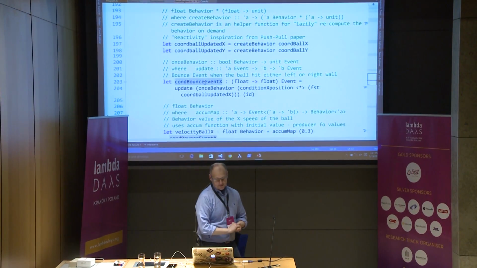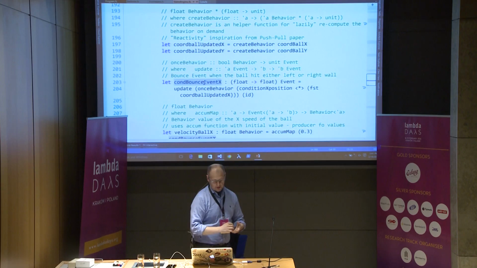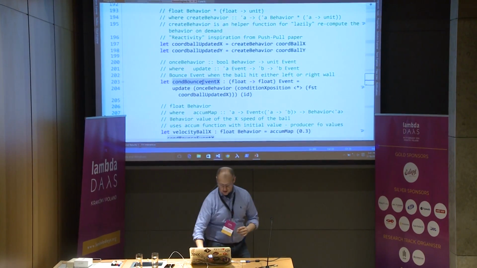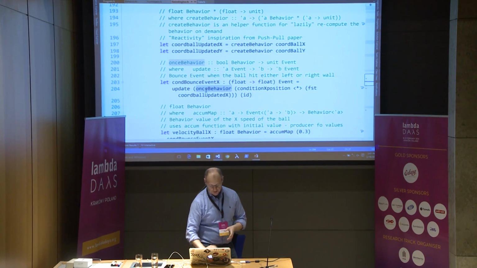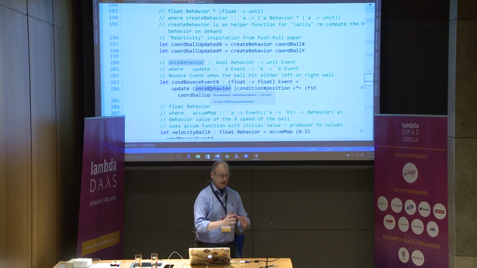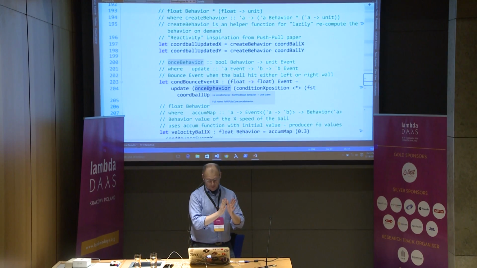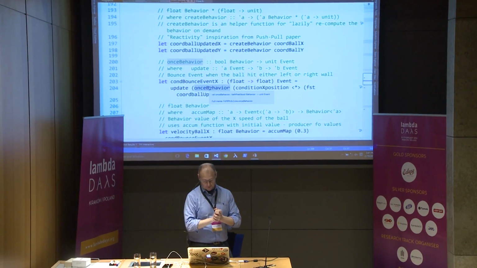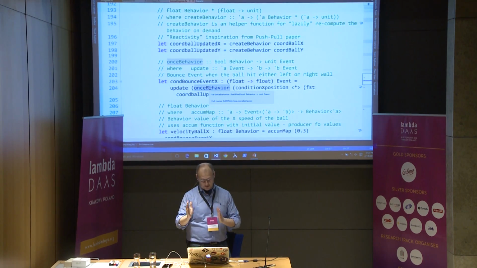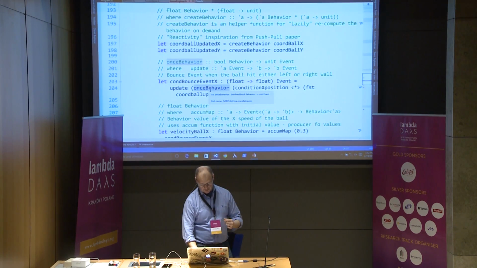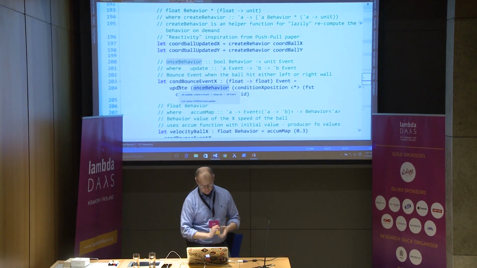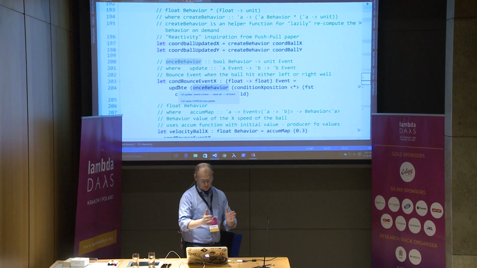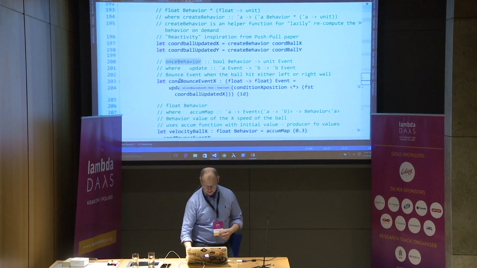The conditional event, the bounce event, as the name implies, happens when the ball hits the wall, right? The once behavior is a predicate behavior. When the event is satisfied, the behavior is triggered and updated, and the update takes the first event's value and returns the new event. So in this case,